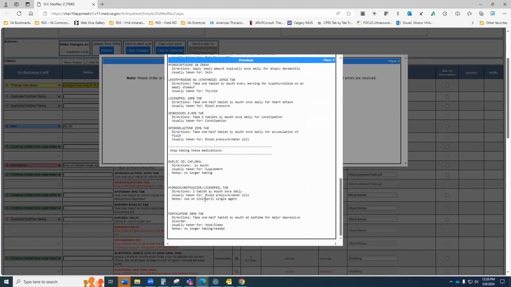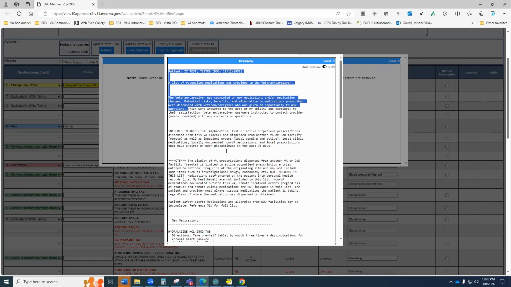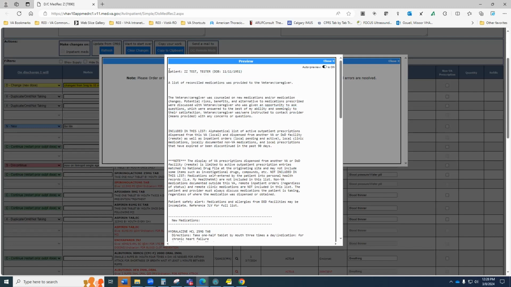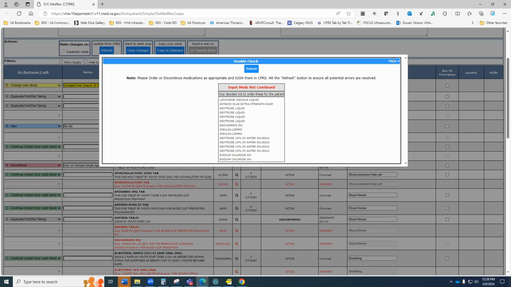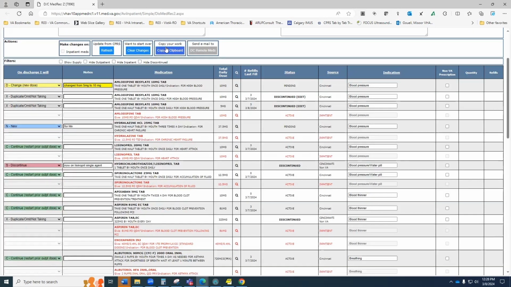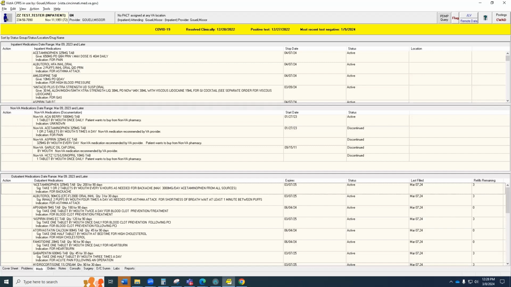And all the ones that I omitted, the extra amlodipines and the extra Tylenol, they're not even presented to the patient because in my impression, the only thing it will do will be add confusion. So I can go here and select the whole thing and copy, and that's just Control C. The other thing I can do is hit copy to clipboard there, and it will copy. Then I'm ready to go to my